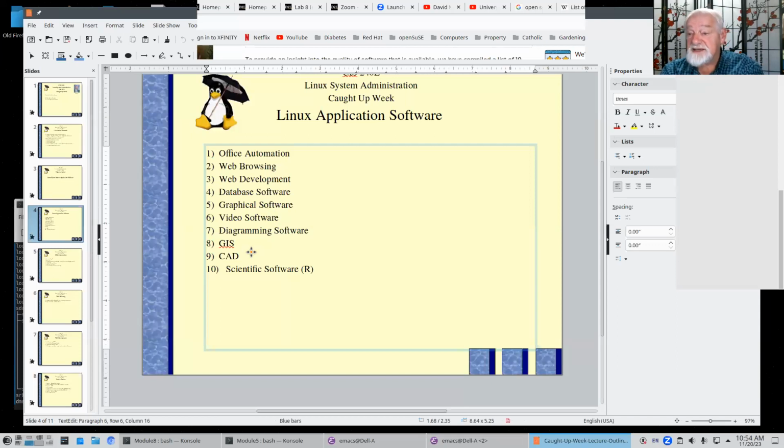GRASS is really nice software, but it isn't very friendly. So there has been a rewrite of GRASS, a new GIS that I have used much less, called QGIS. These are big, heavy-duty GISs that will do a lot of things for you. I've used these. I used GRASS at BLM for a long time for